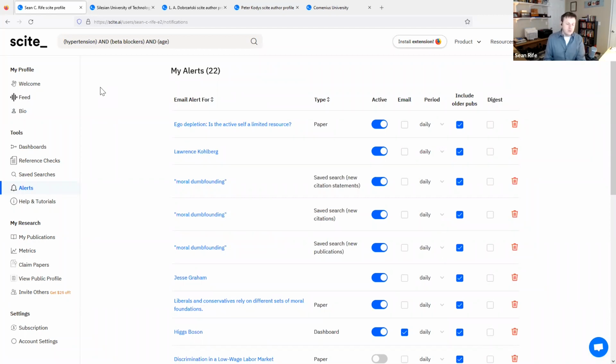It'll maybe email you or otherwise contact you anytime a paper is published on a given topic. So you can do that with keywords through various products. I get emails like that from Google Scholar. We do that with scite. You can do that based on a search term.